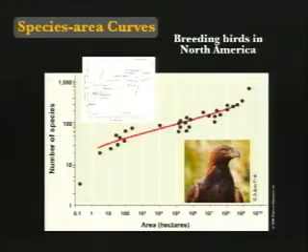So here's a couple of real-world examples, if you don't believe me about that, or believe Humboldt. Breeding birds in North America, the birds that actually breed in a particular area, so you don't count the ones that are migrating through. A very small patch of forest might have just 3 or 4 birds that breed in it, if you're in a place like the temperate forest zone. But as you increase the area and go to the whole county, the whole state, the whole region, and eventually the whole of North America, you see that type of relationship in the number of species of breeding birds across North America.